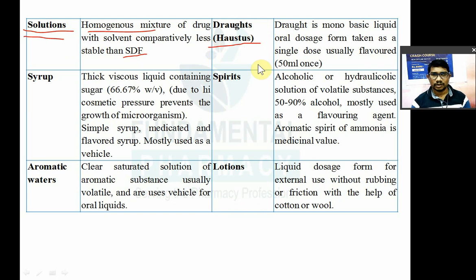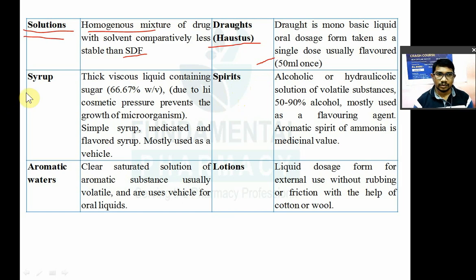जैसे एग्जांपल मैंने बोला था आपको, अल्बेंडाजोल टैबलेट, अल्बेंडाजोल सिरप 15 ml का सिरप है, एक ही बार में लेना है। नॉर्मली बाकी सिरप क्या है आपका 2.5 ml लेना है ट्वाइस अ डे, है ना, जैसे 5 ml लेना है ट्वाइस अ डे, ऐसा आपका डोज होता है। बट ड्रॉट जो है दैट इज टेकन वंस ओनली।